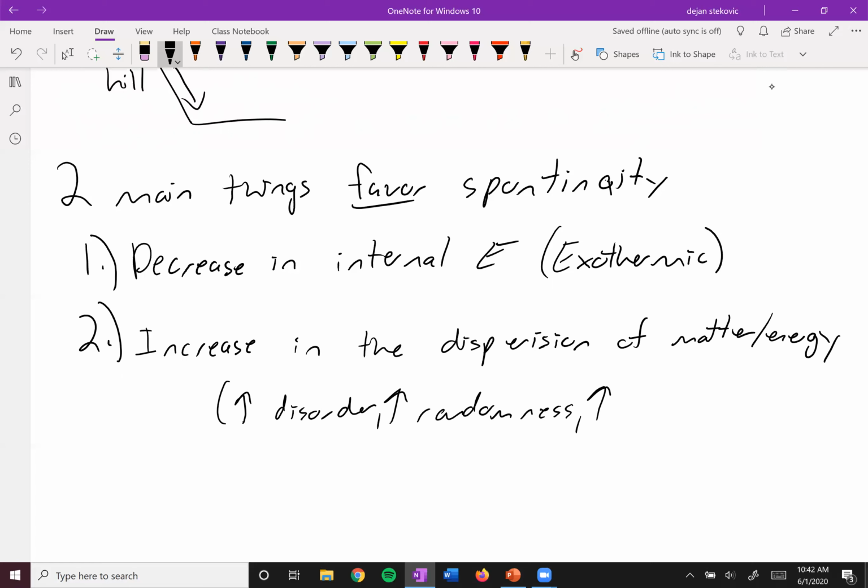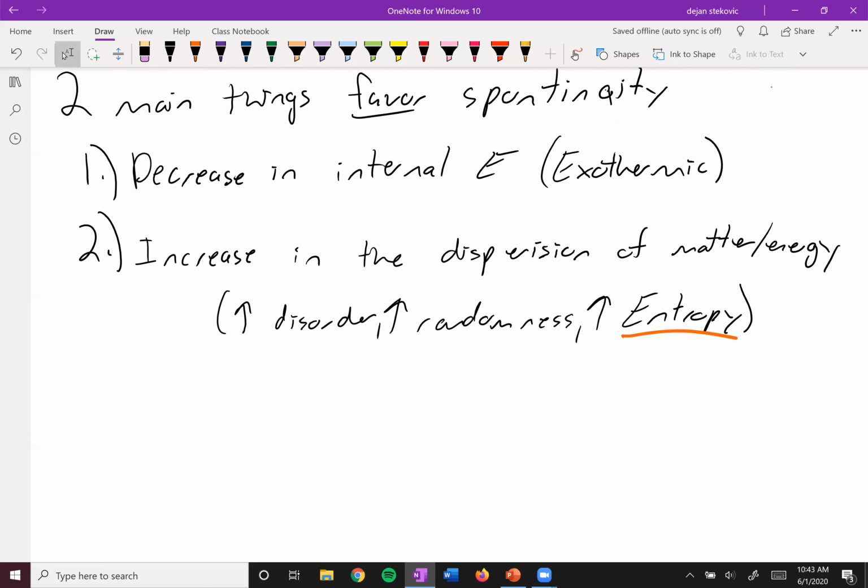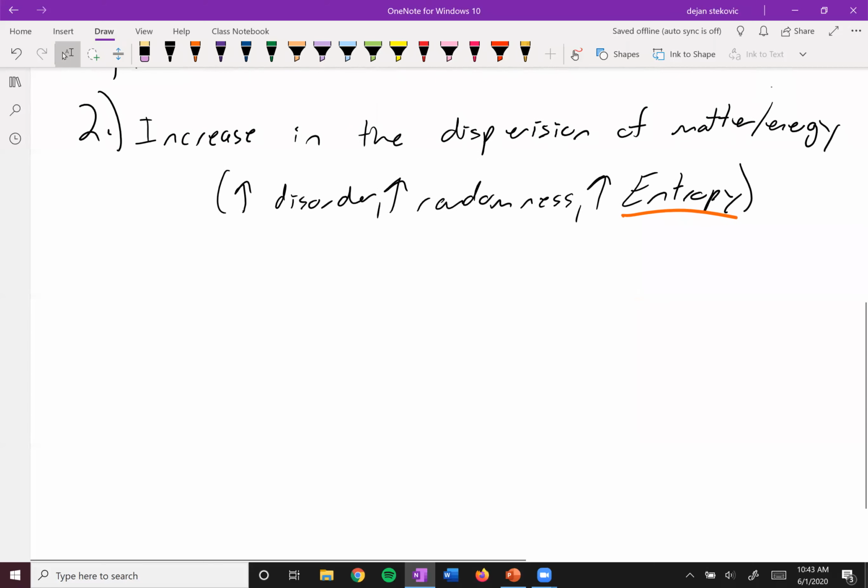And the real word for this is entropy, right? An increase in entropy favors a spontaneous process. So we'll touch on entropy when we get to thermodynamics. For now, you just need to know that an increase in randomness is more likely to be a spontaneous process. So for example here,